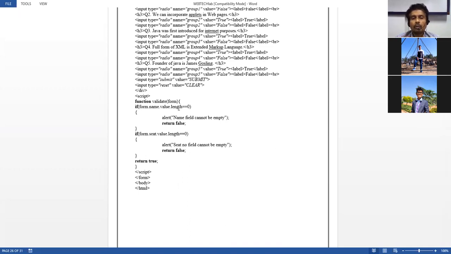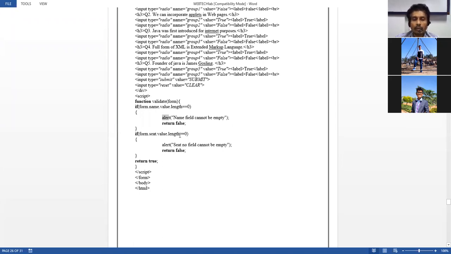If it is equal to 0, then we generate an error message in an alert window stating that the name field cannot be empty, and then return false. Similarly, we set the seat number also. The seat number field should not be empty, and for that also return false.